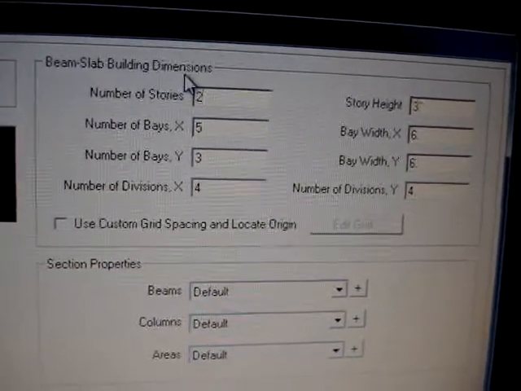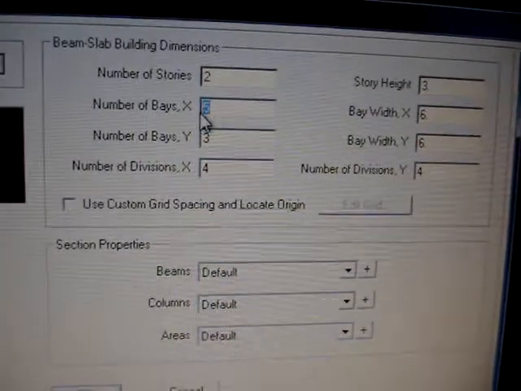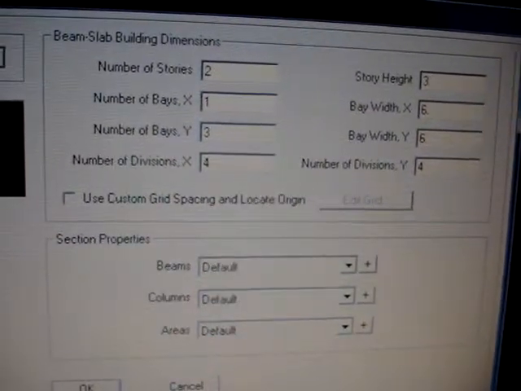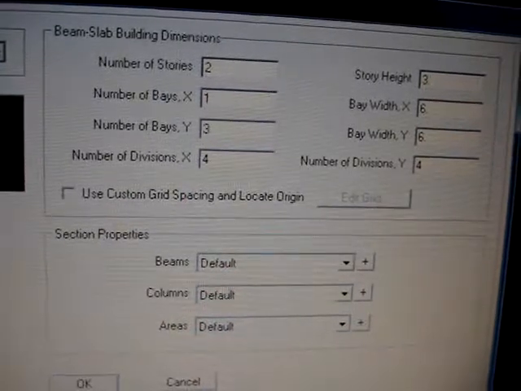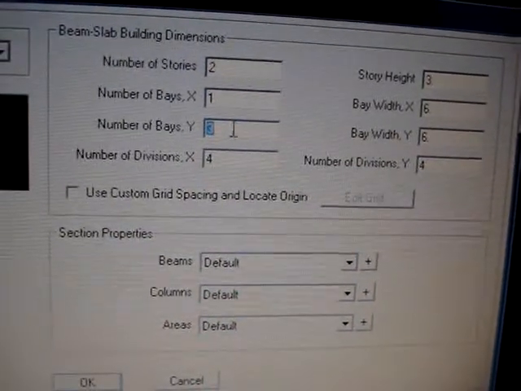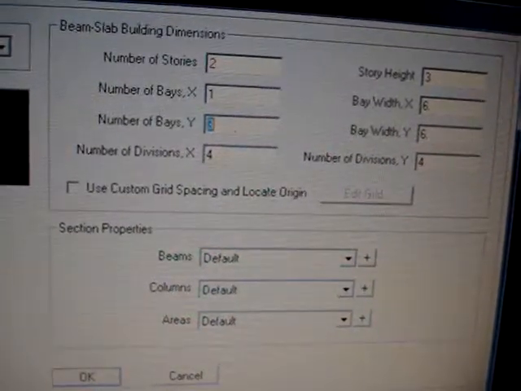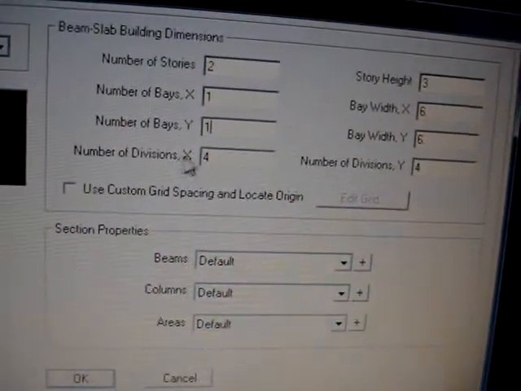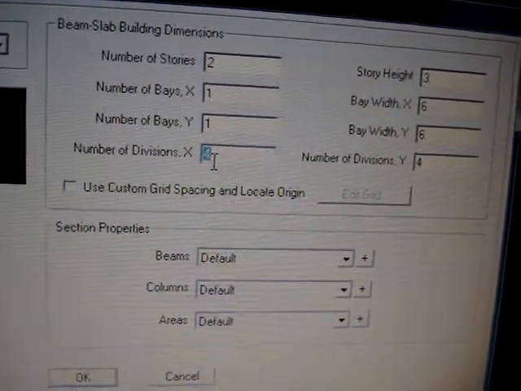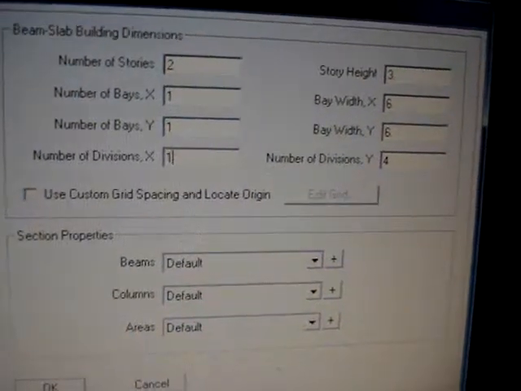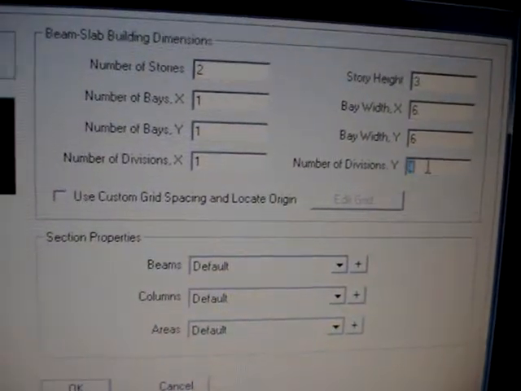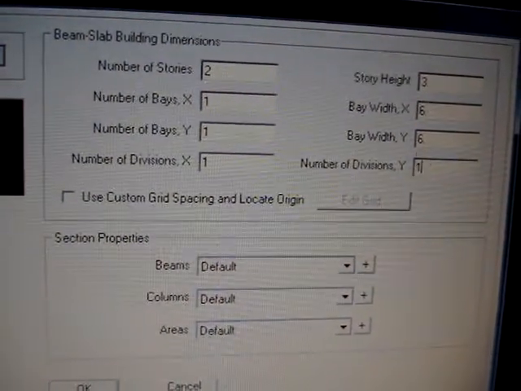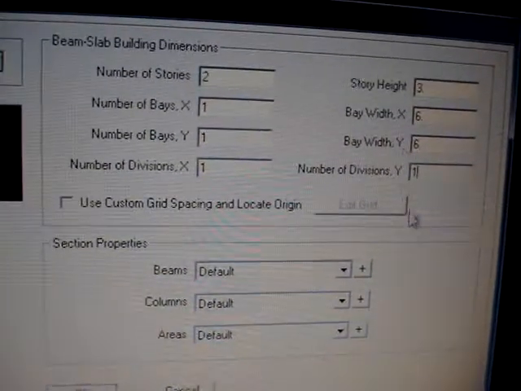Then we'll change the number of bays to 1 for the x direction and the same for the y direction. We'll also change the number of divisions to 1 for x and 1 for y. So now we'll do OK.